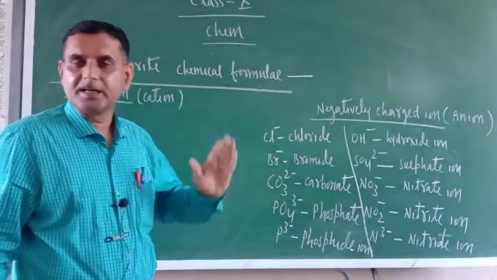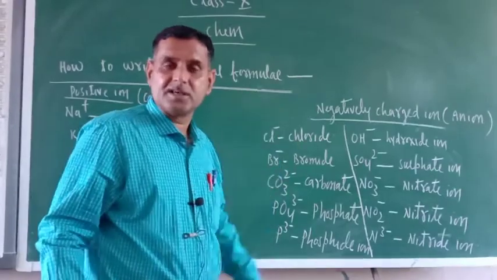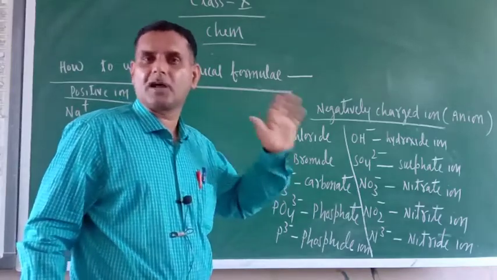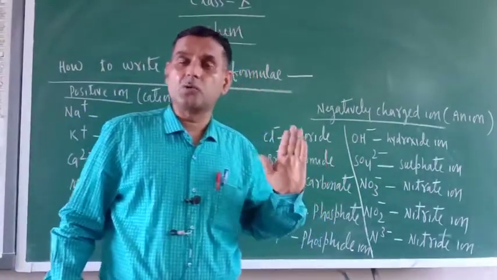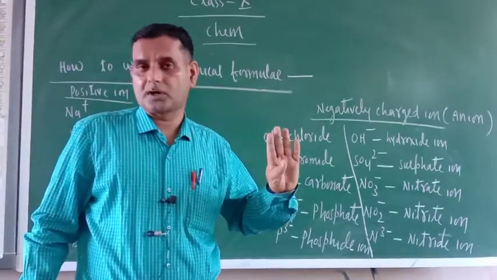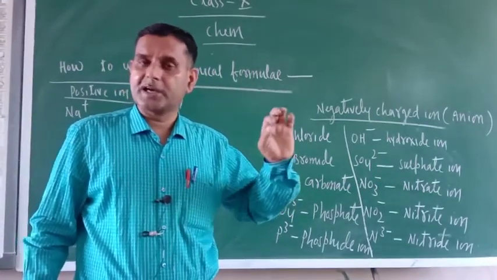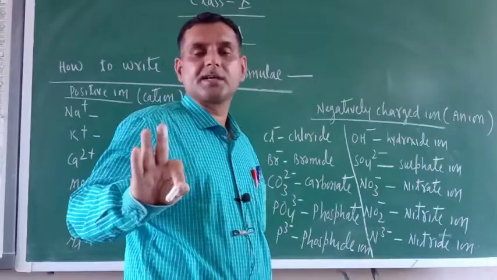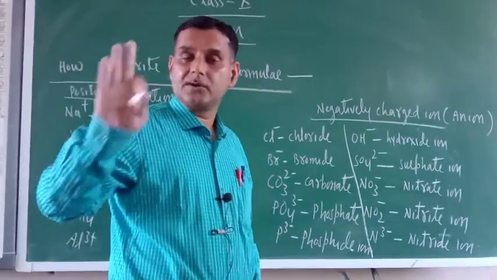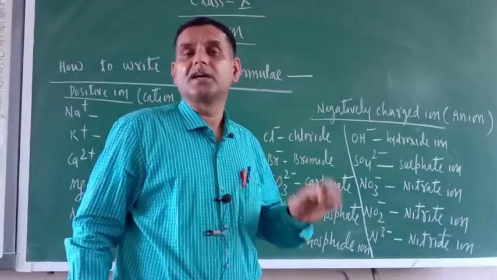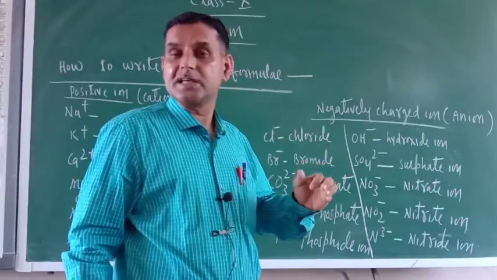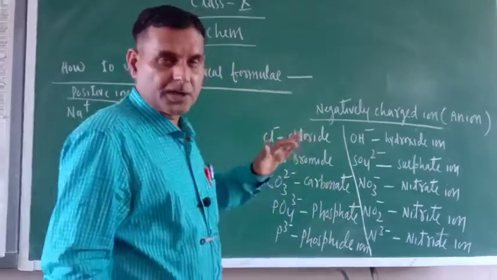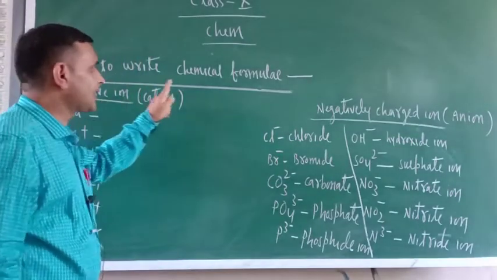What is the name of the first chapter? Chemical reactions and equations. You can only write chemical reactions and equations when you are thorough with chemical formulae. In the 9th class exam just concluded, there were 4 sub-questions related to making chemical formulae, and hardly 1 or 2 cadets have written the correct formulae. The rest of the answer sheets were either not attempted by you or attempted wrong. So it is my duty to first teach you how to write chemical formulae.